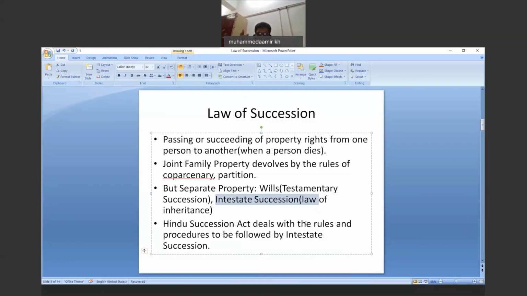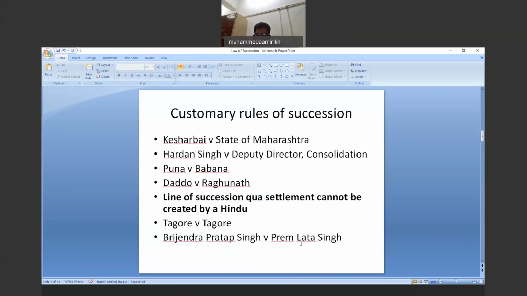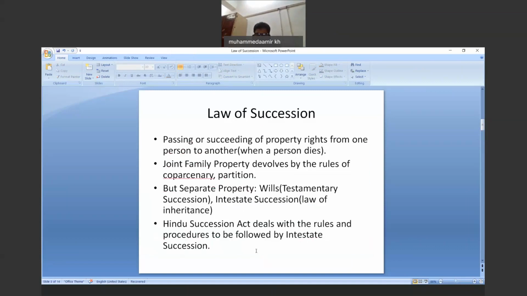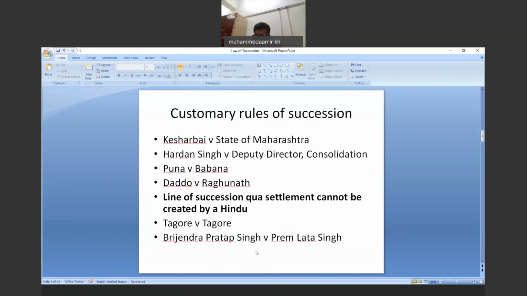How a Hindu male will succeed to property, how a Hindu female will succeed, what are the disqualifications of heirs, and what are the general rules. Okay, so in the case of Dado Raghunath, this is the name of the case, and it was decided in the year 1979 by the Bombay